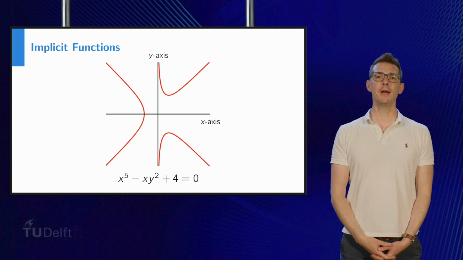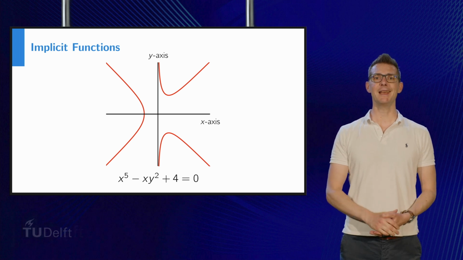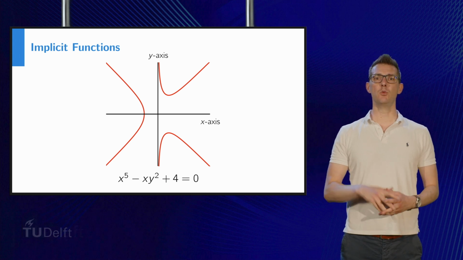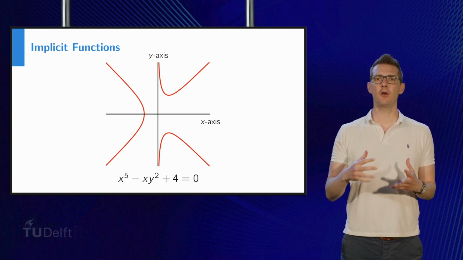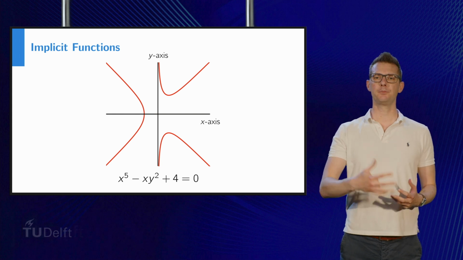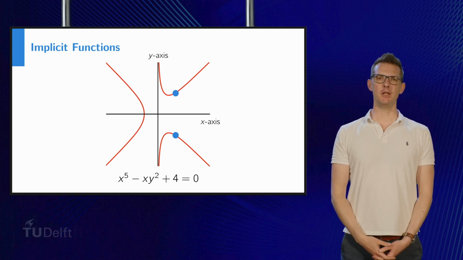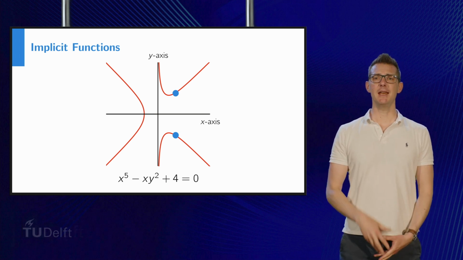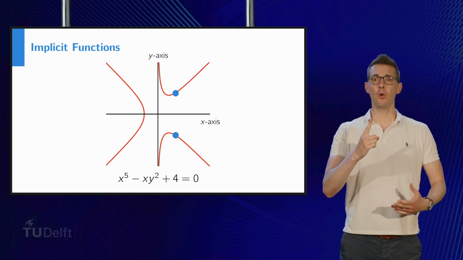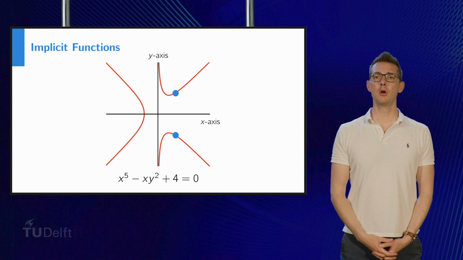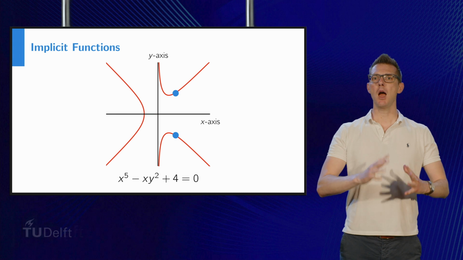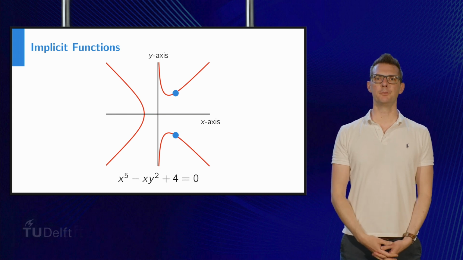Now, you are not always so lucky, so sometimes a variable y is implicitly defined by a variable x. Take a look at the equation on the screen. There we have a relation between y and x, but the equation does not give us y as a function of x. The graph that you see here is also not the graph of a function, since for some values of x, it is not possible to find a unique point on the graph with this particular x coordinate. Take, for example, the blue points. Both have the same x value but a different y value.